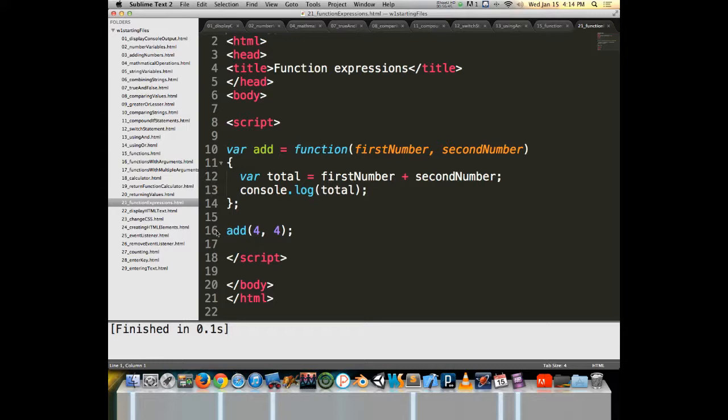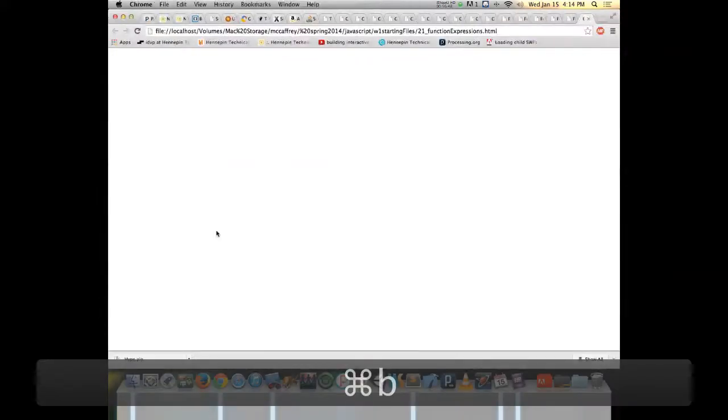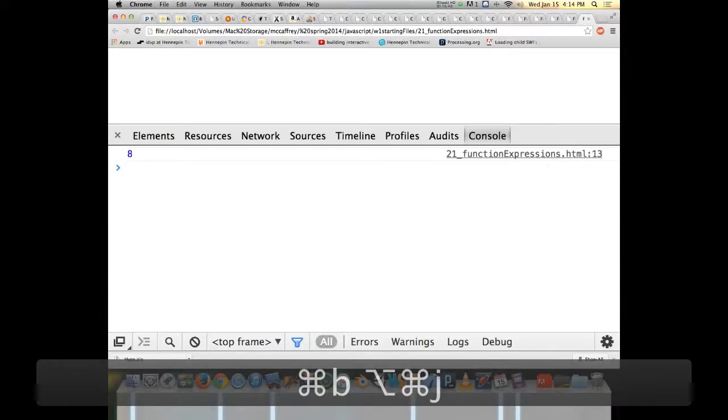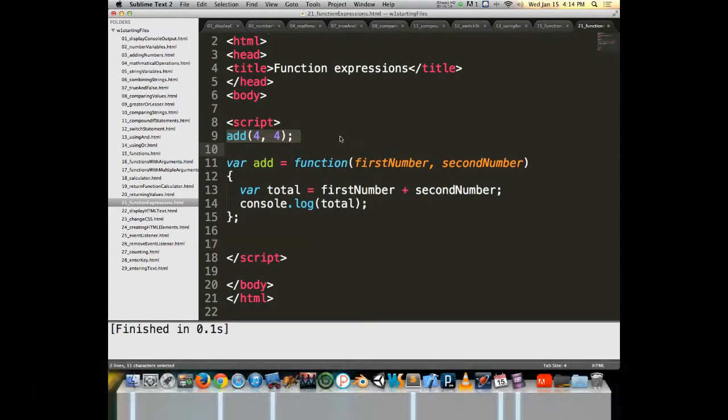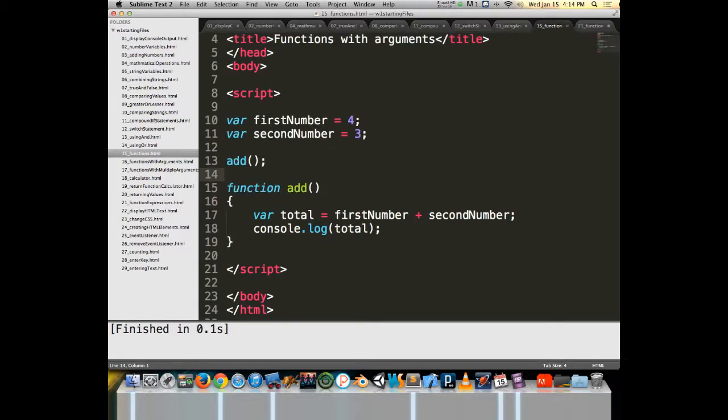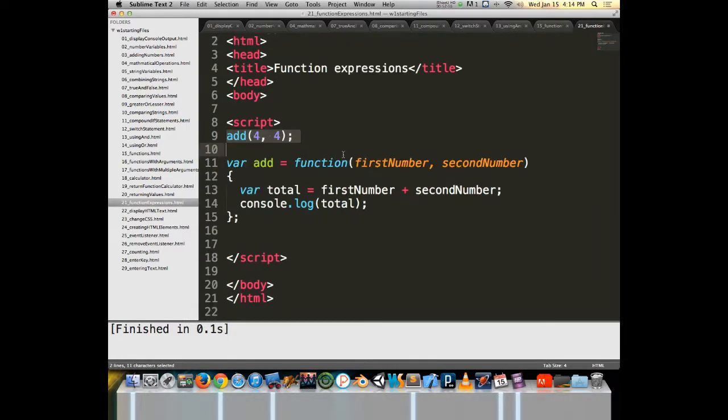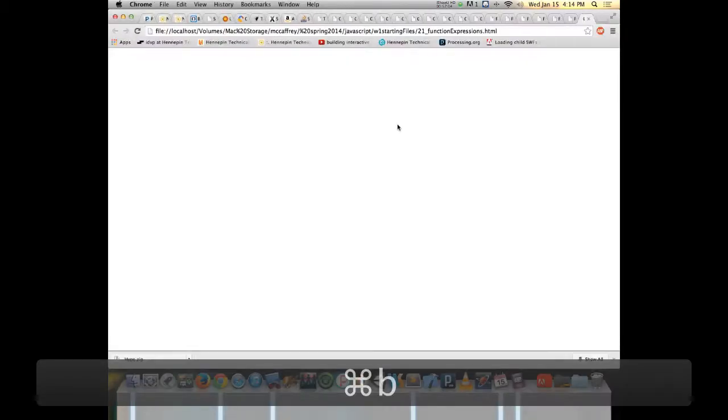So if I run this document right here, we'll look at it. We'll see, okay, it spits out 8. If I do something as simple as put my add function here, so it looks very much like this one, we add and then we run it. So they're very similar. But now if I do it this way,